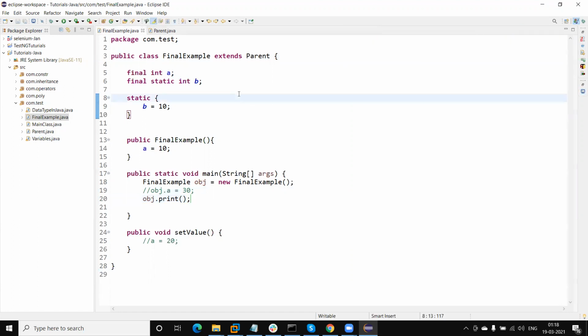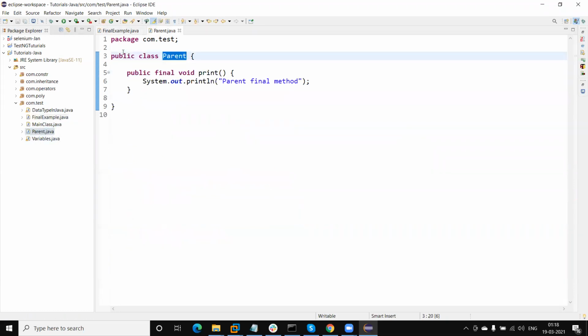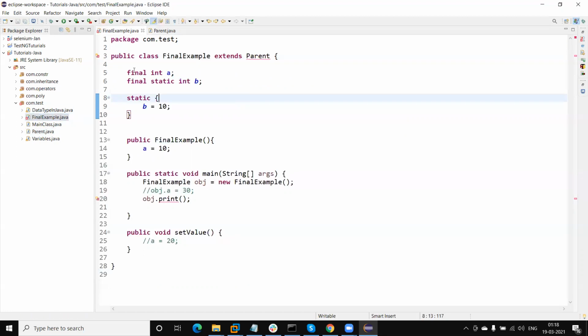Now coming to the third point: if we create any class as final, then what will happen? This is a class I'm going to create with the final keyword. Now you can see that as soon as I put the final keyword here, I started getting an error on the child class. The error is: the FinalExample cannot subclass the final class Parent.